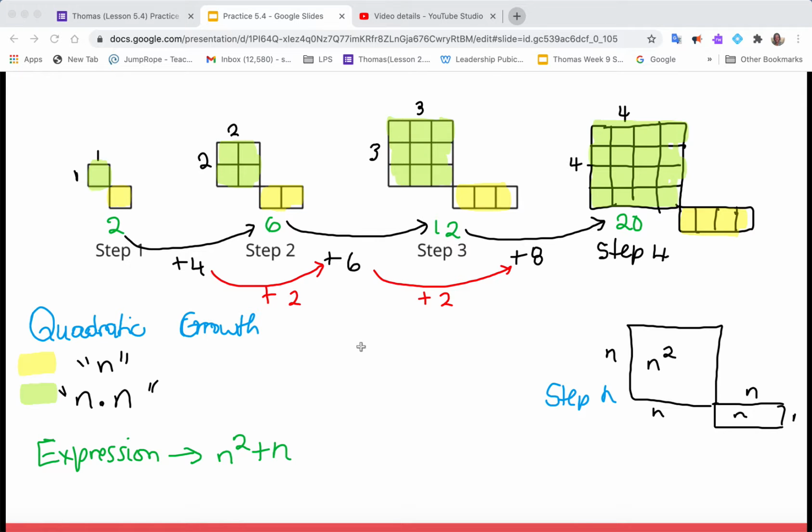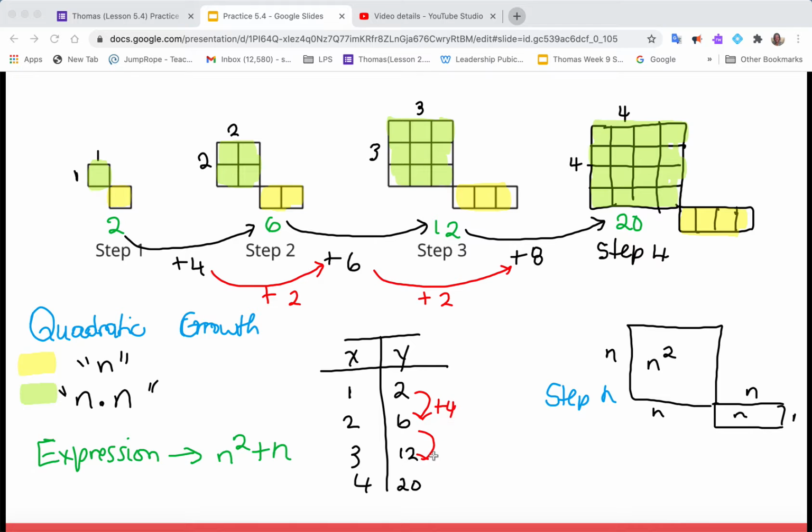And you could also have used a table of values to show how your numbers were changing. So x, y. There is no step 0 in this case, so we're going to do step 1, 2, 3, 4 based on the pattern that we have. So we had 2 squares, we had 6, we had 12 and 20, and we could see how it was growing. So that was plus 4, plus 6,